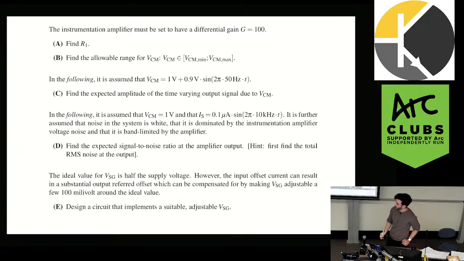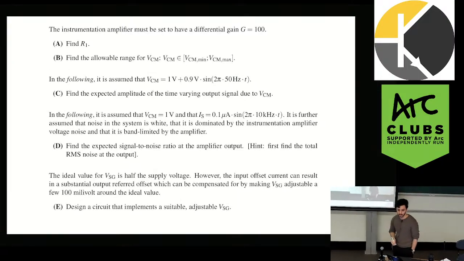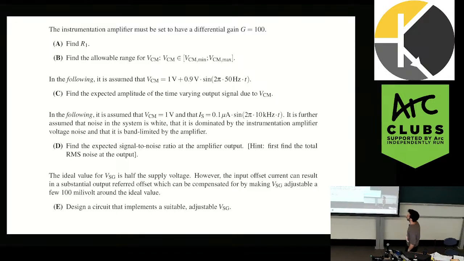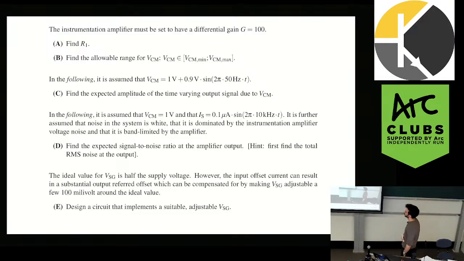This is another question where you'd read it and you can probably figure out it's going to be a long question. In the following, it is assumed that the common mode signal is 1 volt and that the sensed current, what the current was sensing, is a 0.1 signal. It is further assumed that the noise in the system is white, that it is dominated by the instrumentation amplifier voltage noise, and that it is band limited by the amplifier. Find the expected signal to noise ratio at the amplifier output. It gives a hint: first find the total RMS noise at the output. Not much of a hint, because I think everyone knows that's what you have to do. But anyway,